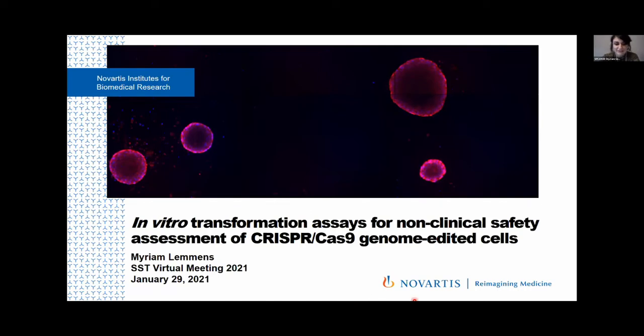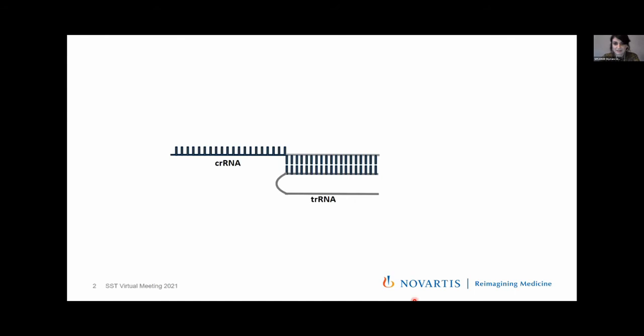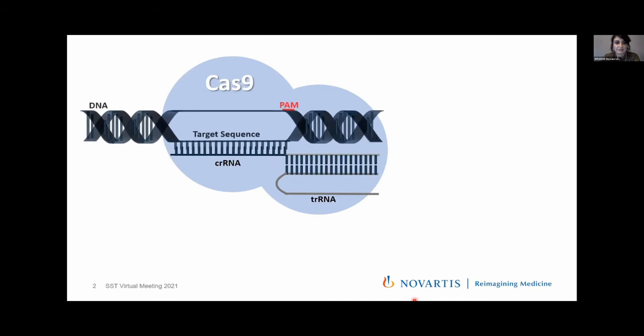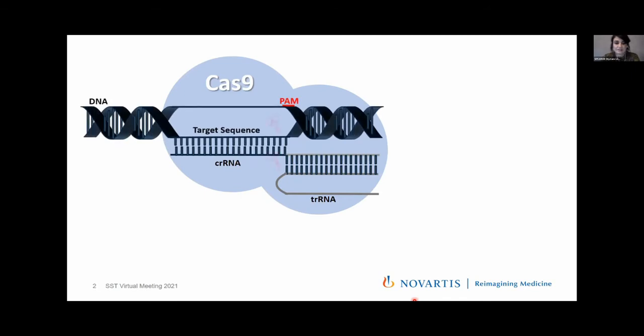So in my talk, I will introduce two in vitro systems that can be used to assess the genotoxicity of CRISPR-Cas9 genome-edited cells. And I will start with a quick introduction to CRISPR-Cas9. So the CRISPR-Cas9 system consists of a CRISPR RNA that has a 20 base pair sequence that is homologous to the human target sequence. And then the CRISPR RNA is aligning with the tracer RNA, and it's forming a complex with the Cas9 protein. The Cas9 protein is then guided to the human target sequence, where it introduces a double-strand